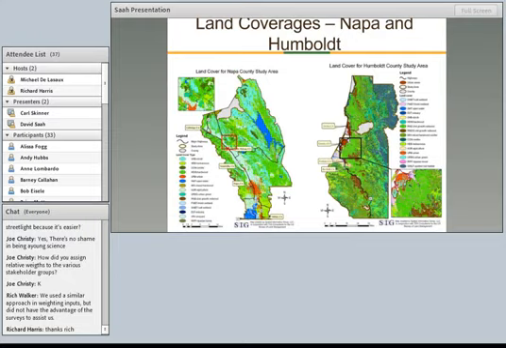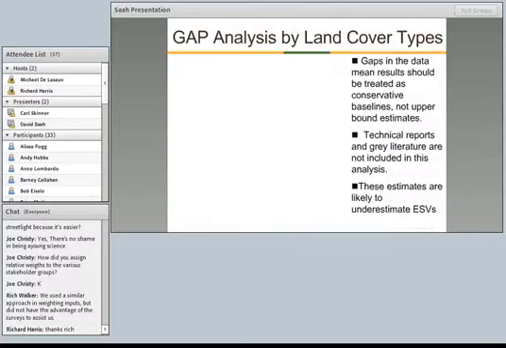Then associated with it, again using the same benefit transfer methodology, because this is a very strategic project in nature, we're trying to find a high level effectiveness value on this thing. We did a land cover analysis. We did the gap analysis. Like we did last time, there's supposed to be a table here that shows you what the gap analysis really looks like. Things to keep in consideration: it's the lower bounds of the estimate, meaning that there's a lot of information that's missing. So this is like, hey, this is our minimum guess at things.